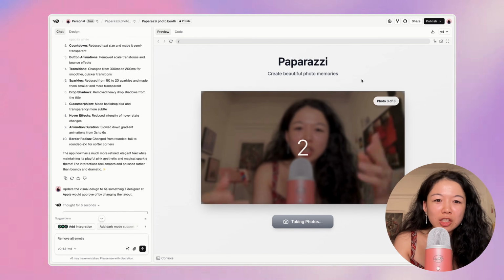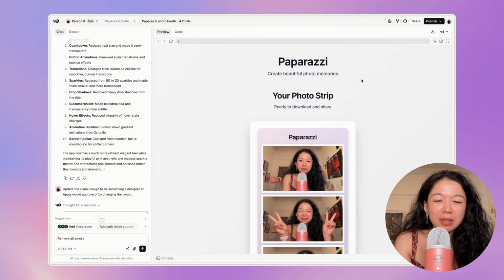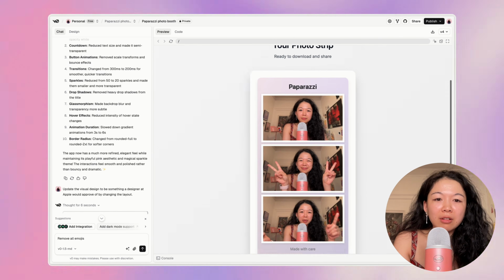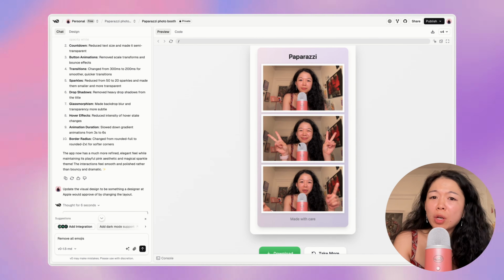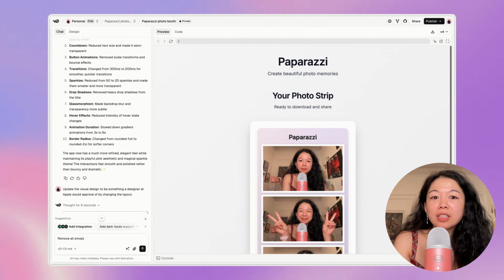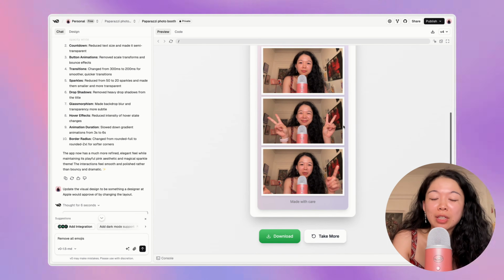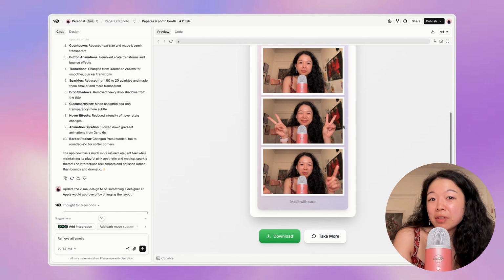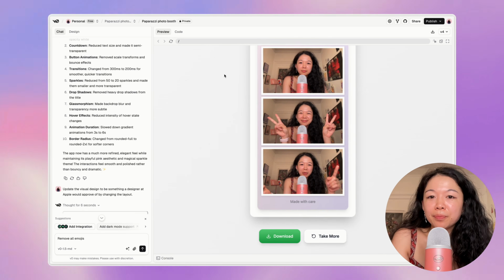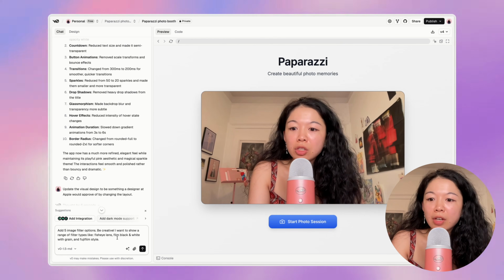It's also changed this so there's a little bit of a blur on top of the image as well. And notice that now this strip is a little bit more subtle as well. It didn't change any of these layout issues where everything is very centered, but it was definitely interesting to see what it came up with. I'm going to keep this for now, even though I'm not a huge fan,